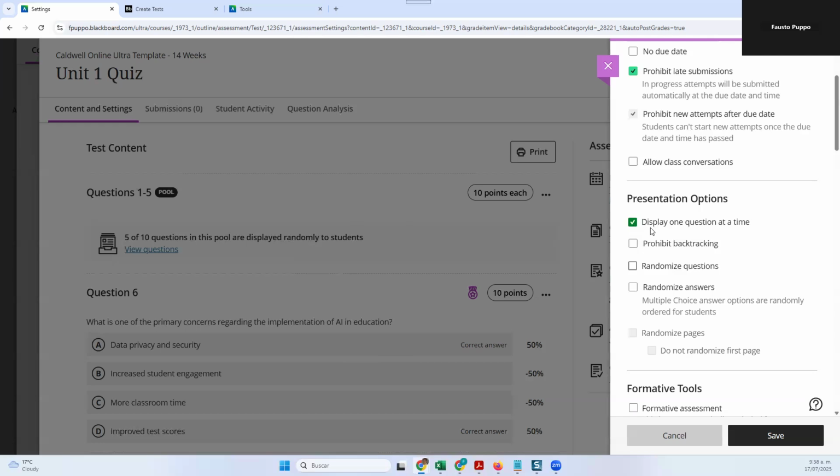If you enable the display one question at a time option, then you have the ability to prohibit backtracking, meaning the student will not be able to go back to a previous question. Personally, I don't like to do that because you know how it is. Sometimes when you're taking a test, it's almost inevitable that some questions would seem easier to you than other questions. And then, very common,